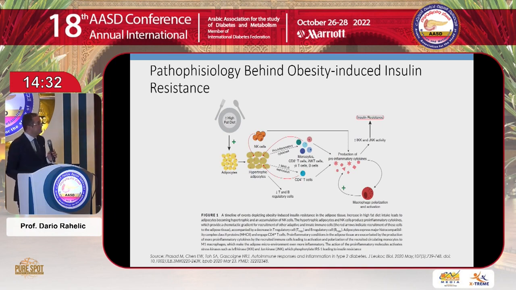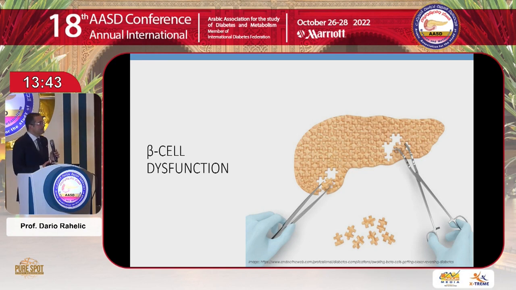On the other side, this is the link between the adipose tissue, adipocytes, and a high fat diet, which will cause hypertrophy of adipocytes, and of course, hypertrophic adipocytes will secrete many pro-inflammatory cytokines, which I already mentioned. They will also activate different pathways that cause production of pro-inflammatory cytokines, and will polarize and activate macrophages, and will further elevate the inflammation, and on the other side will activate JNK activity and cause insulin resistance. So it seems that it's not just a one-way direction between insulin resistance and inflammation and